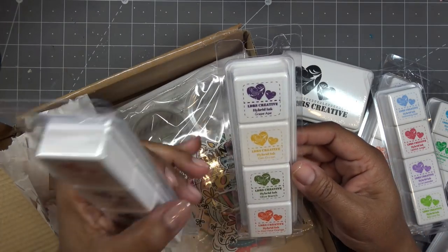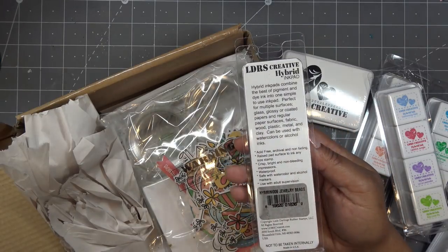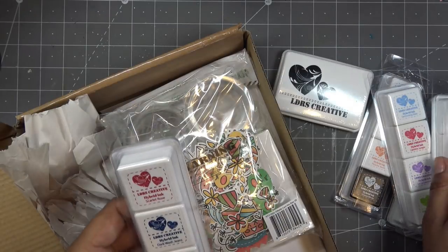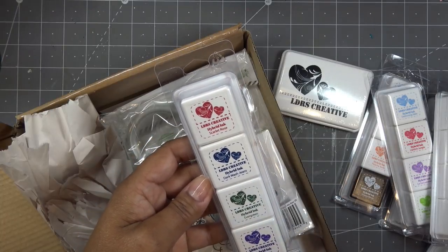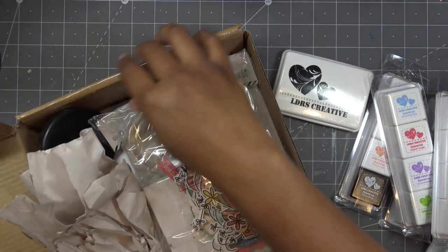And then we have here Grape Ape, Dandelion, Olive Branch, and In Your Face Orange. And I'm already thinking these are going to be awesome for my little pirouette creator, jewelry beads. And then we have Scarlet Rose, Dark Wash Jeans, Evergreen, Plum Crazy. And these are deep, rich colors. So cute. Oh, okay, so let me...